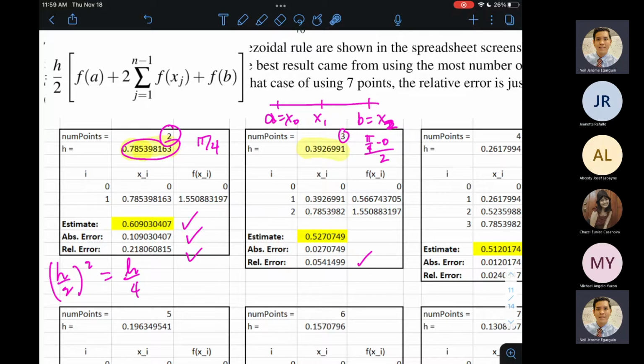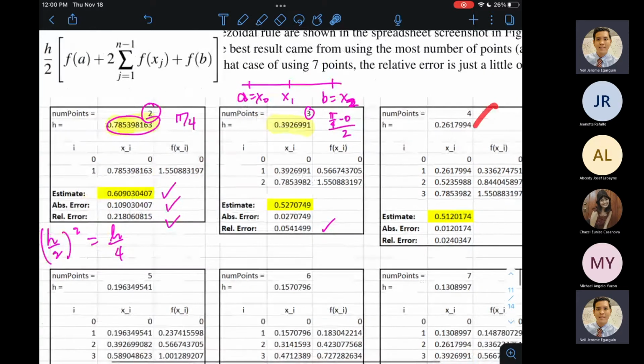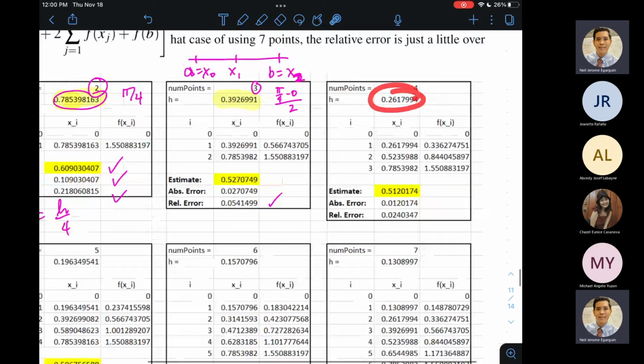So apparent na kaya nating observe na siya ay order big O of h squared. Okay? Now, if you move further and use more points, we add another point, say 4 points na yung ginamit natin, step size will be pi over 4 all over 3. Kasi pag apat yung points, tatlong subintervals yung mabubuo nyo. Ito yon. Tapos mula kay 0, dagdagan mo ng h, dagdagan mo ng twice h, dagdagan mo ng thrice h hanggang makarating ka kay b, computein yung function values, i-apply yung